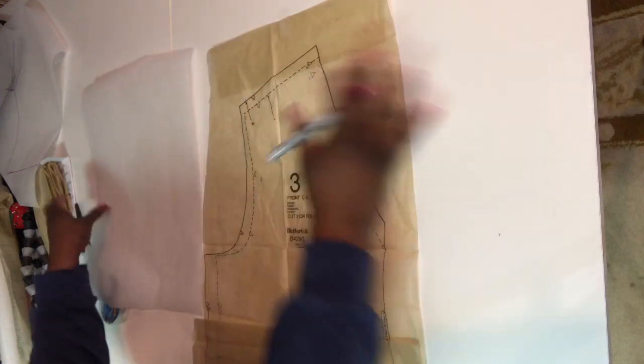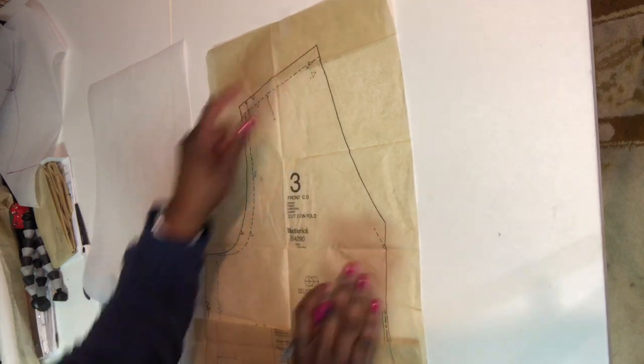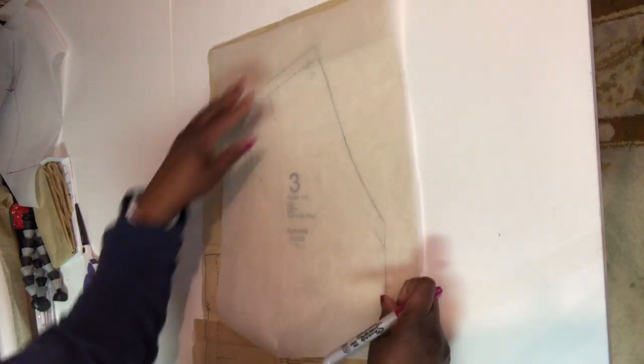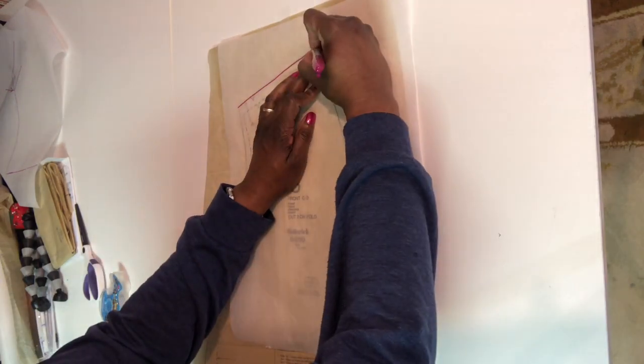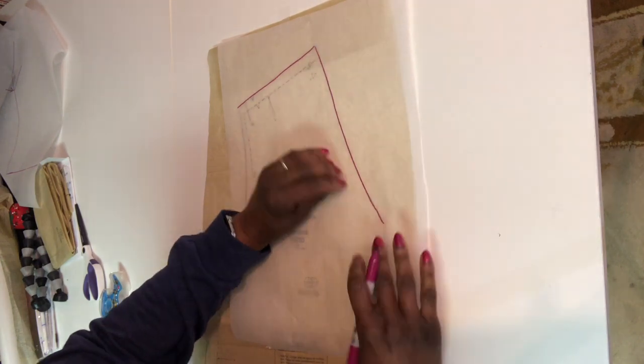What I do is, this is just a pattern that I already had. I just cut the front out. This is a V-neck, this particular one. What I do is I take a piece of paper, tracing paper, just lay it over the top of the pattern. First thing, I will just trace the shoulder and the neckline just as it is first, and I go